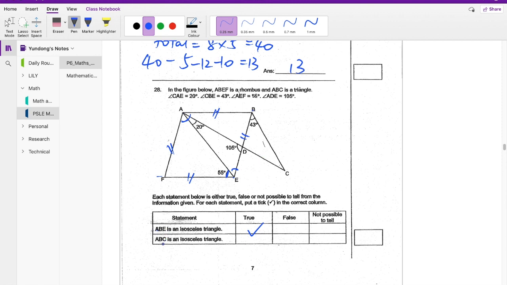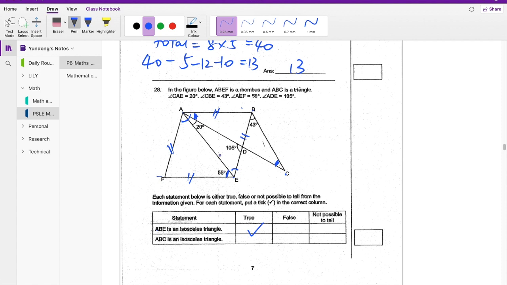Okay, the second statement is ABC is an isosceles triangle. So to prove that a triangle is an isosceles triangle, one way is that if we know that AB equals BC, otherwise we want to know the angle here equals the angle here, right? So then we calculate, for example, this angle, right? We know that